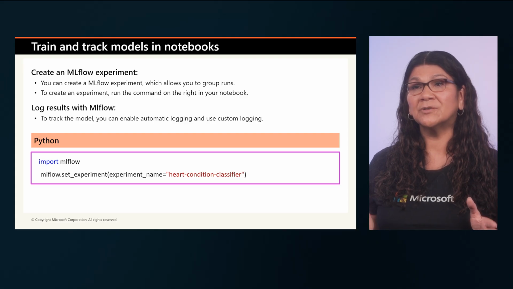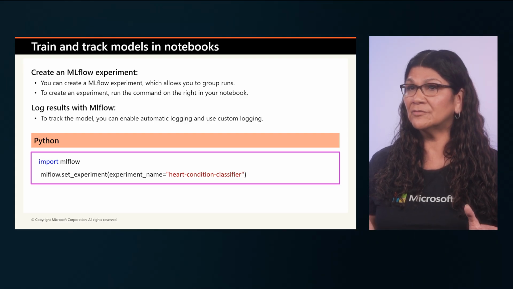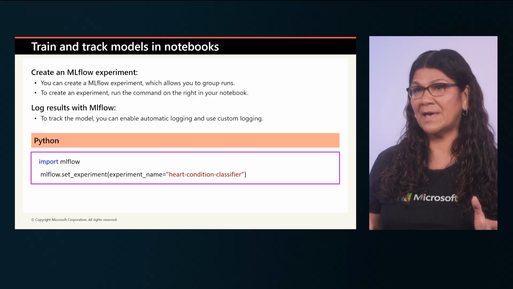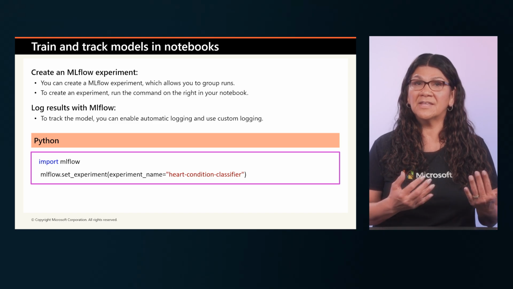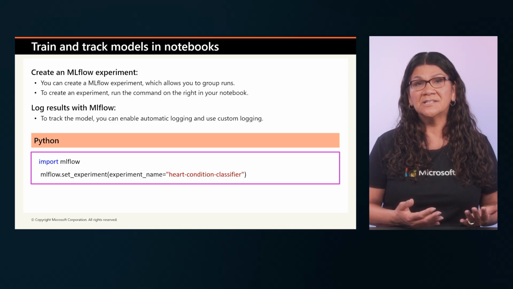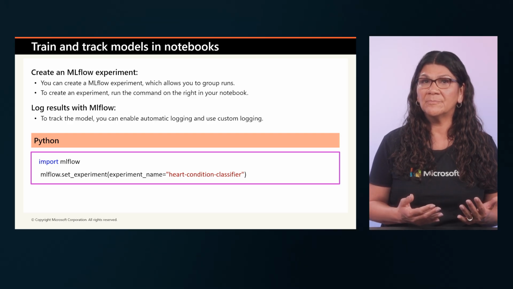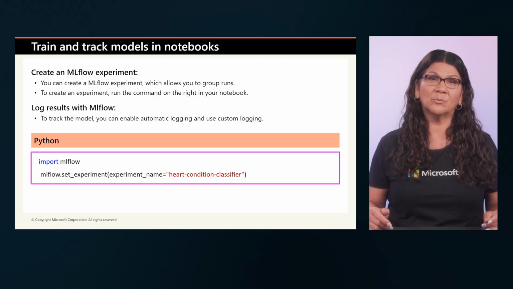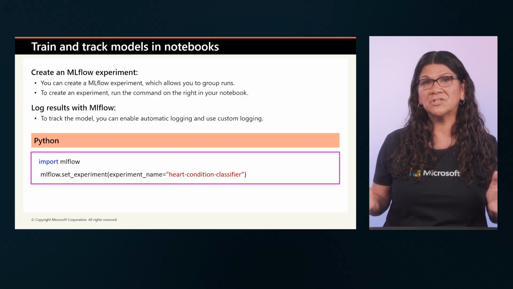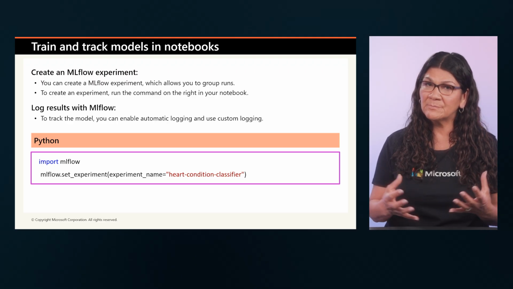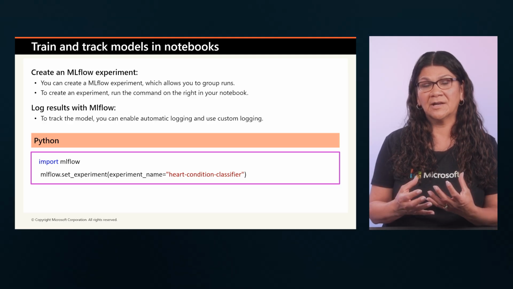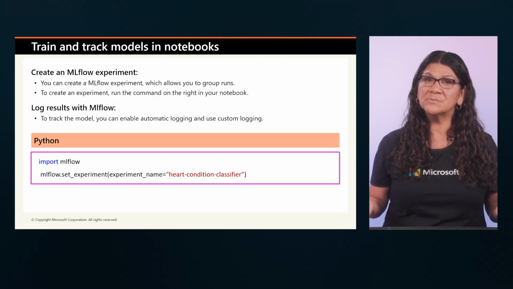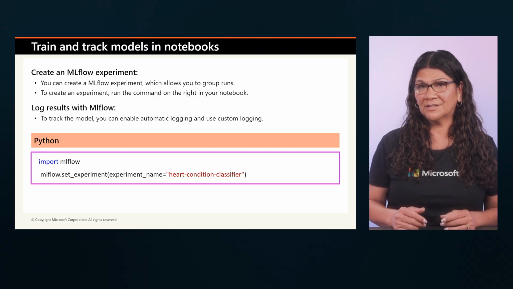When you're ready to train and track models in a notebook, MLflow gives you a clean, repeatable pattern. It creates an experiment to group runs, and then it logs the results as you train, so every iteration is comparable. This slide highlights exactly what that workflow is. First, establish a named container for your work. An MLflow experiment then captures what matters during training using automatic logging and your custom logging. And in a notebook, creating the experiment is as simple as running the command shown here,